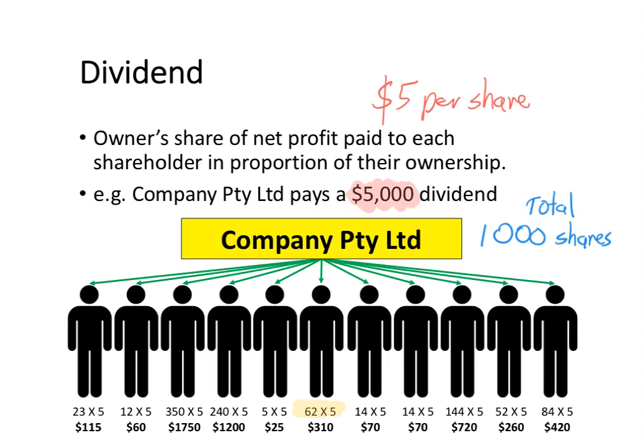So the dividend is the regular income that you can get from a company if it decides to pay dividends. Now, a lot of the big listed companies on the ASX, the public companies, they will regularly pay a dividend. So that means that as an owner or as a shareholder in those companies, you are regularly receiving an income flow. Now, receiving an income flow is an important part of investing because you are putting money into this company to buy the shares. You want to make sure that you are getting a return regularly on that money you invest.